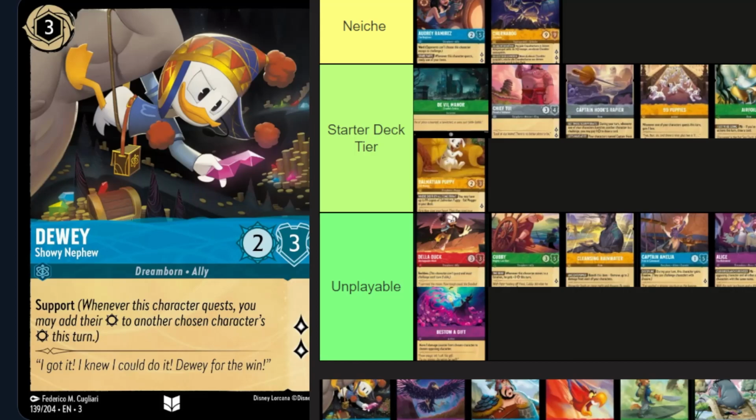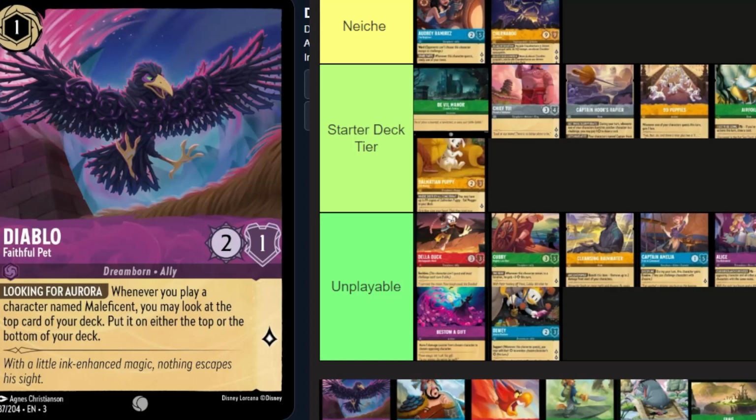It has 2 lore, sure, but that's not the selling point of this card to me. Even if support was good, giving only 2 attack on turn 4 isn't good enough for me. So maybe you give this to a Hiram after, I don't know. I don't know when you would really want to use this card. Again, unplayable. Diablo, whenever you play a character named Maleficent, you may look at the top card of your deck,